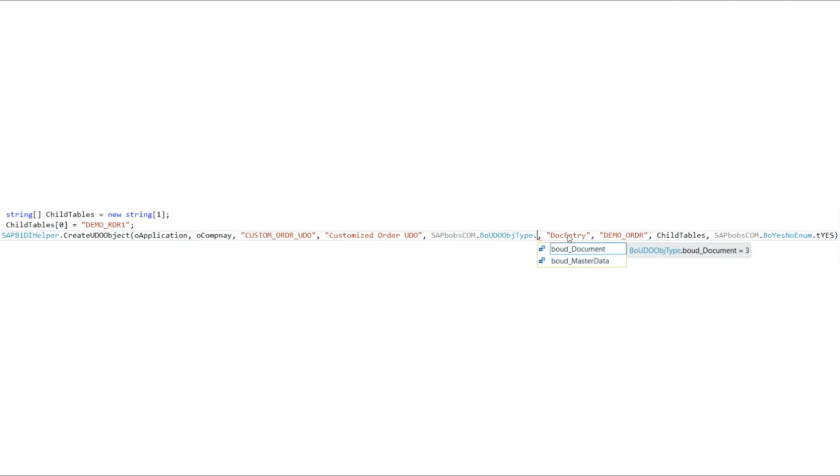The sixth parameter is the field on the basis of which you can find the UDO object. I am passing doc entry here, the seventh is the parent table, and the eighth one is the child table. Child tables is actually a collection, an array collection, so you can pass multiple child tables in this variable.